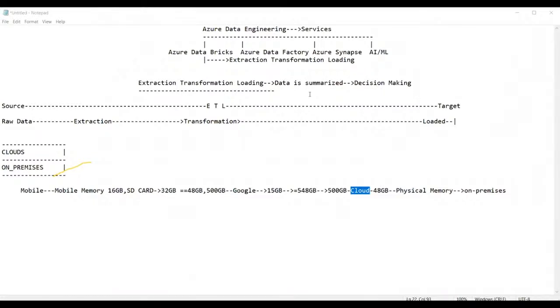Of course, that means the access is possible irrespective of the location. So we can say that we can access this data which is stored in Google Drive from anywhere in the world. Am I right? From anywhere in the world, without worrying about the physical location where my data is stored.